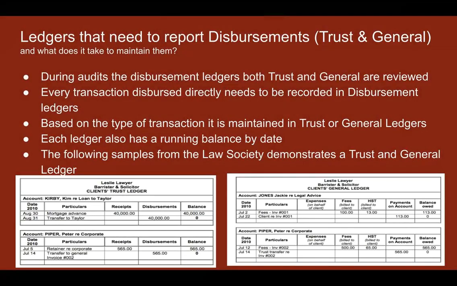Number one, during audits, these are the data that gets transformed into your ledgers and journals and other reports, disbursements reports as data. Right? Data is captured, and then each of these transactions are shown based on whichever method that you've selected. Each ledger has its own date, running balances, description, particulars, and everything.